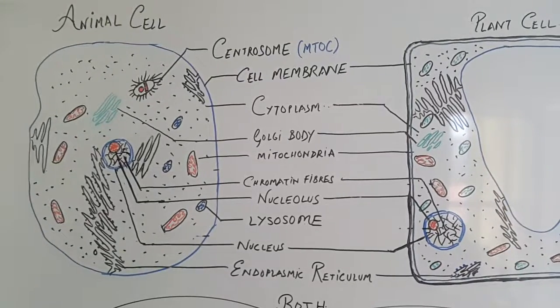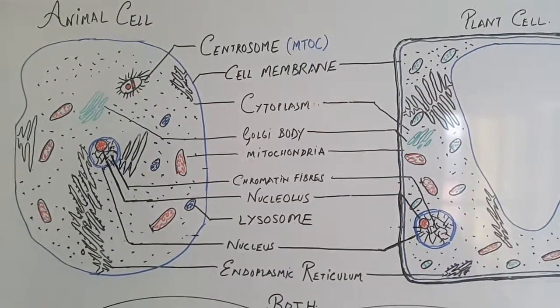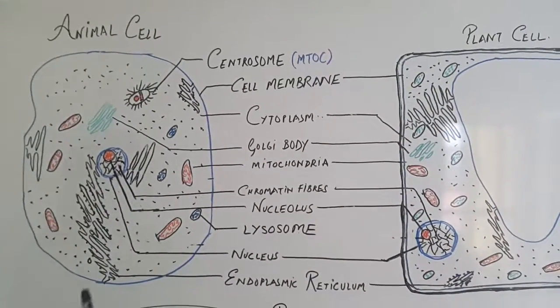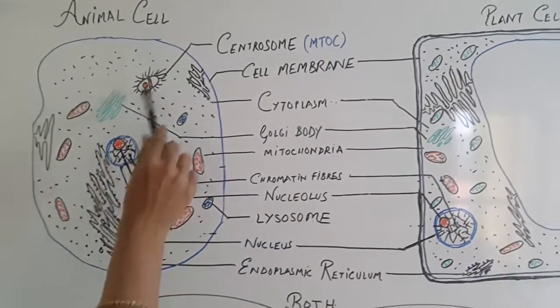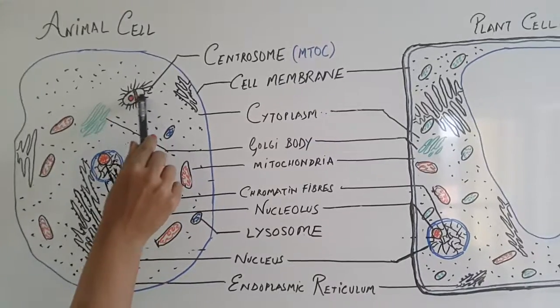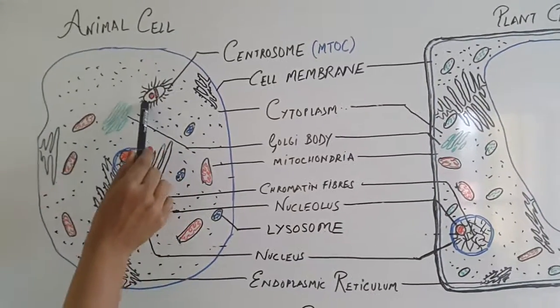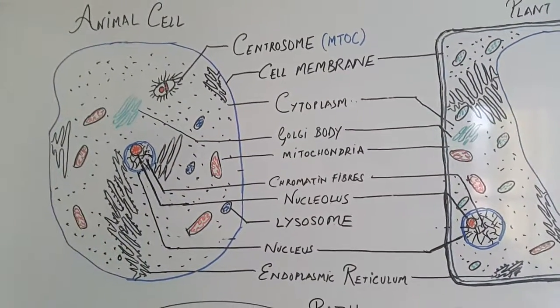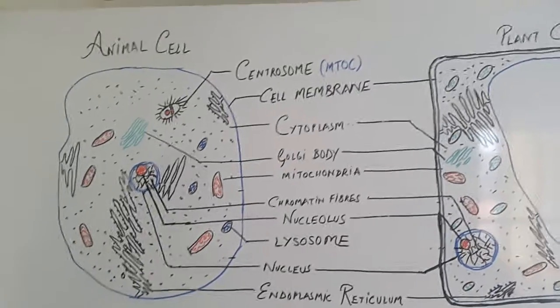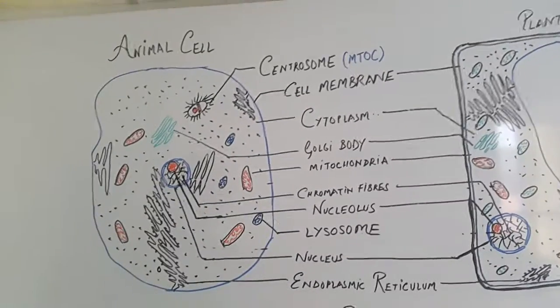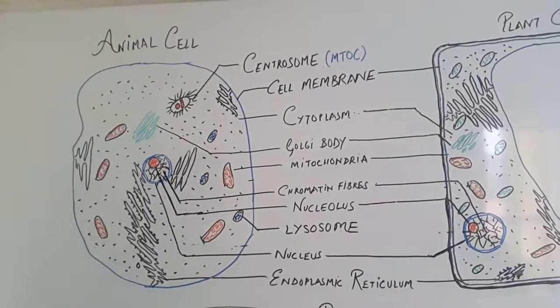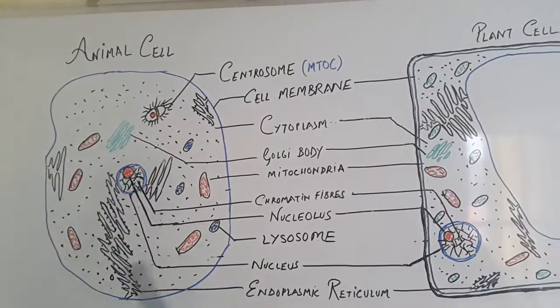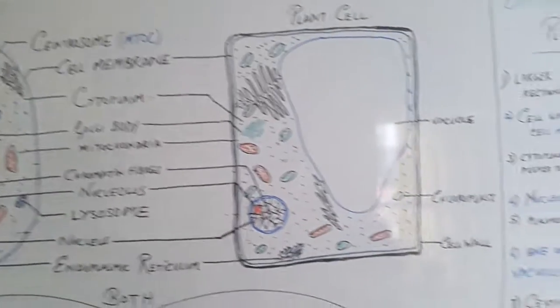Now the centrosome is also called as the microtubular organizing center. Now this centrosome is basically an irregular mass of protein which surrounds the centrioles. So in the centrosome you have two centrioles which are arranged at right angles to each other. So this centrosome will arrange the microtubules in the centrioles and thereby help in the formation of the spindle during the mitotic division. What are the other organelles which are present in the plant cell?